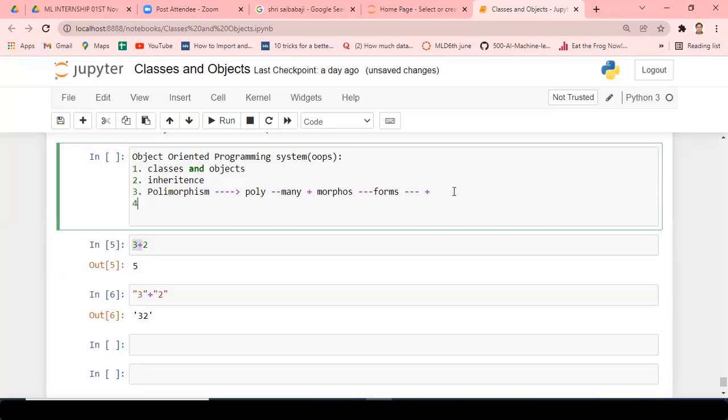Next, fourth property, encapsulation. Basically encapsulation means binding things together. What you are binding here, if you saw when we created classes, right? On those classes we include the variables, which we call data, as well as the methods which operate on that data, and we bind them all together in one class. So we can say, what is encapsulation? A mechanism